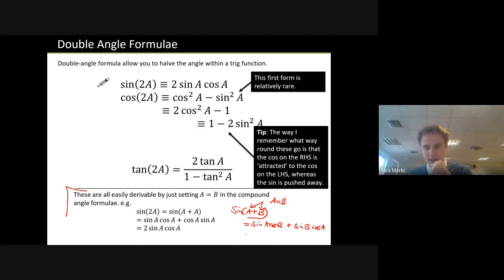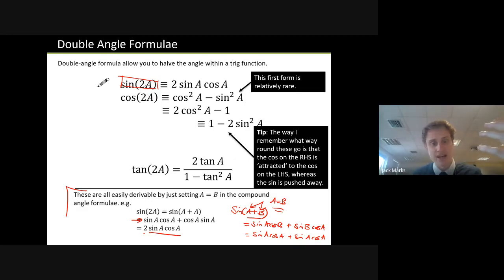And what would it do down here? All of the B's we could write as A's because they're the same. So it would give us sine A cos A plus sine A cos A. In other words, you get the same thing twice. So we have two lots of this thing here. That's called the double angle formula for sine. So sine of 2A equals this. Again, it's not given to you in the formula booklet. It's an identity